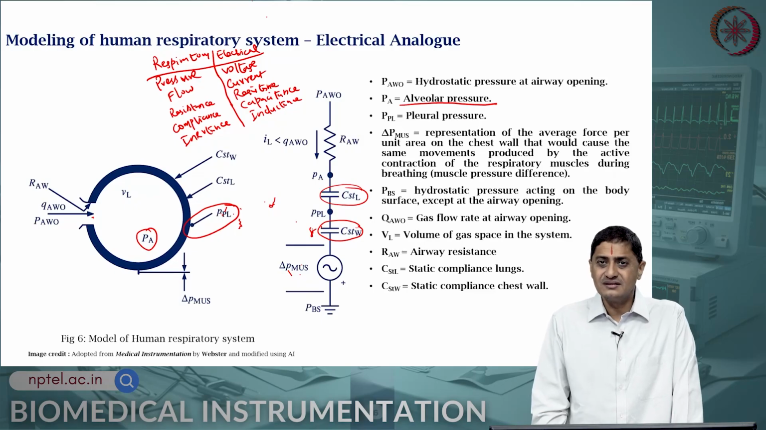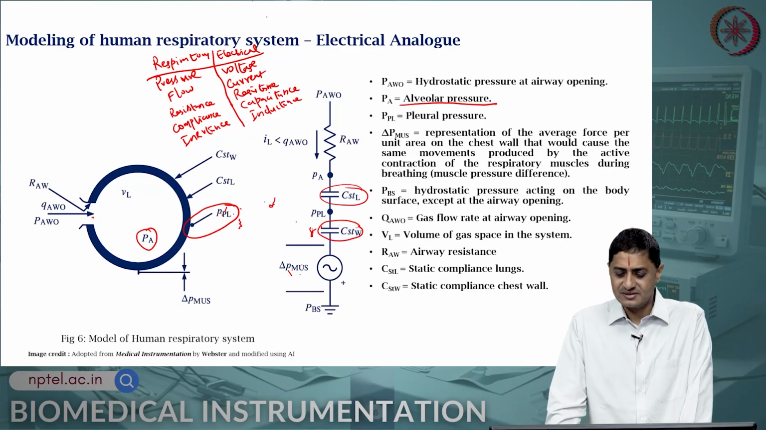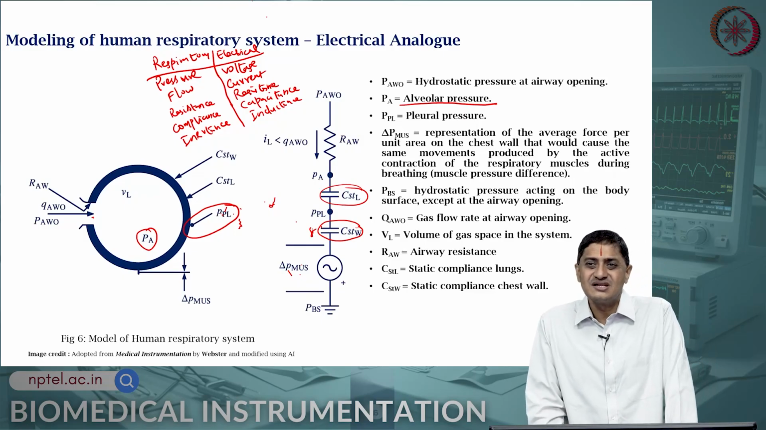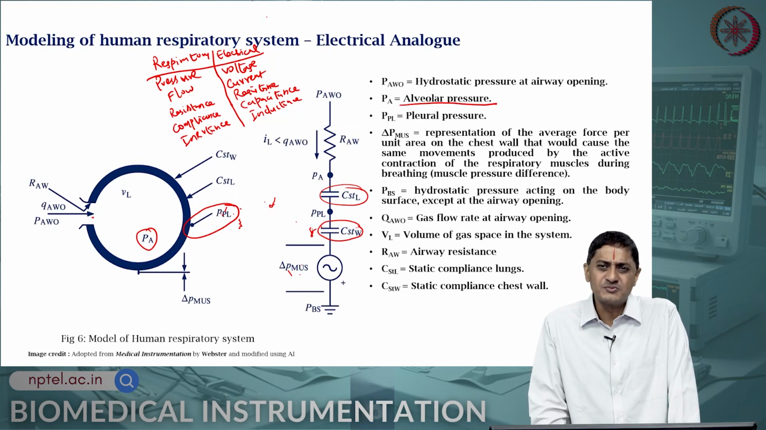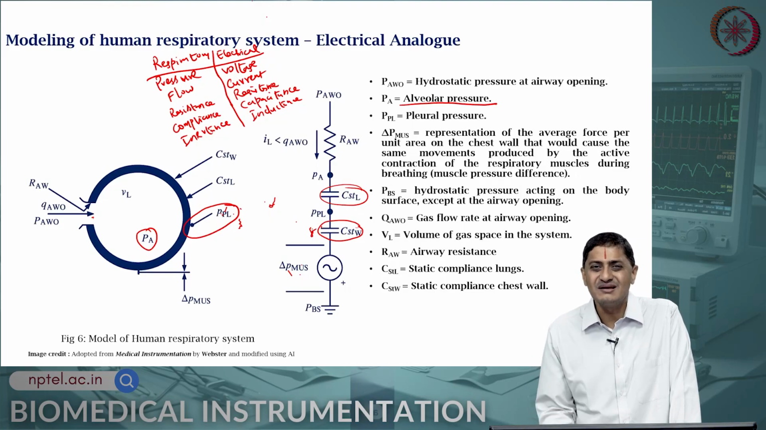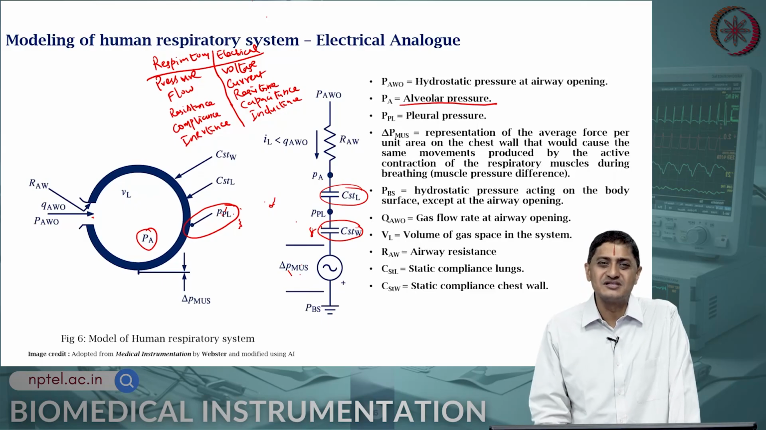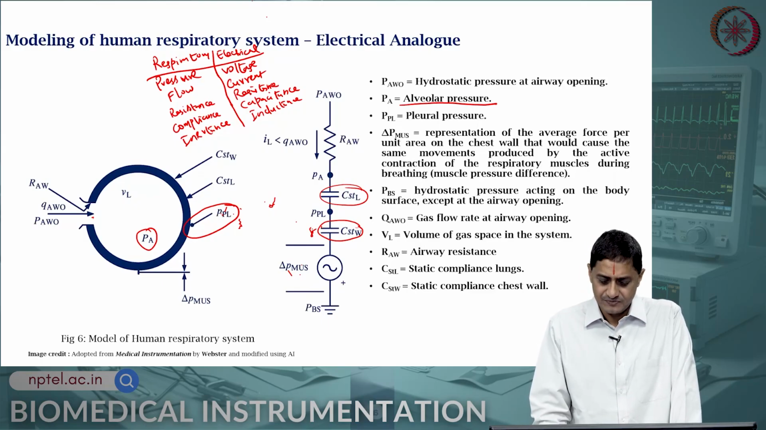So, the difference in the pressure, delta P mus, is essentially the representation of the pressure, the average force per unit area, essentially the pressure on the chest wall that would cause the movements produced by the active contraction of the respiratory muscles during breathing, is the difference of the muscle pressure. Okay. Then PBS is essentially the